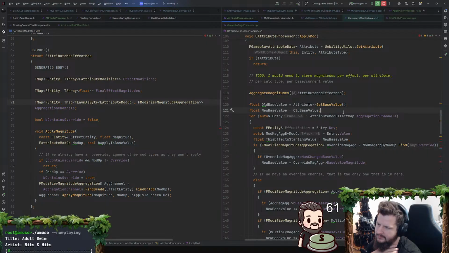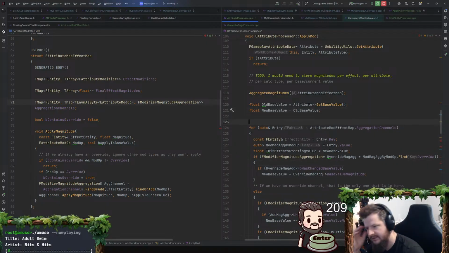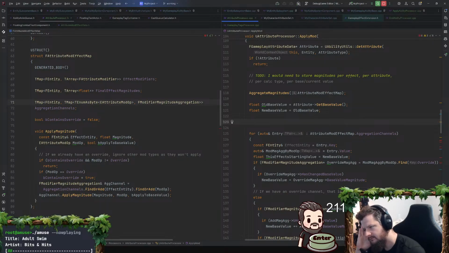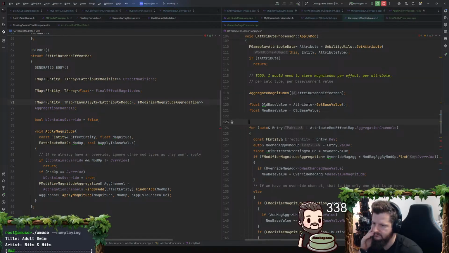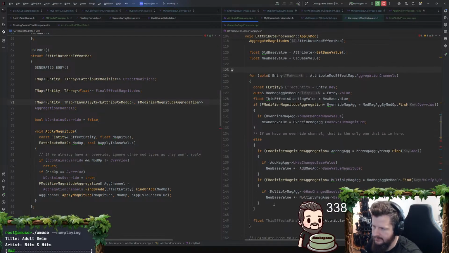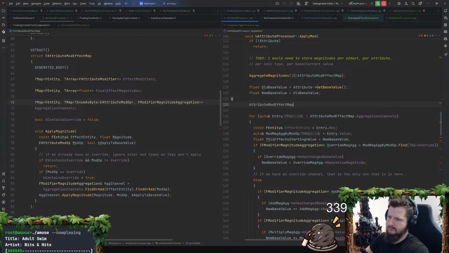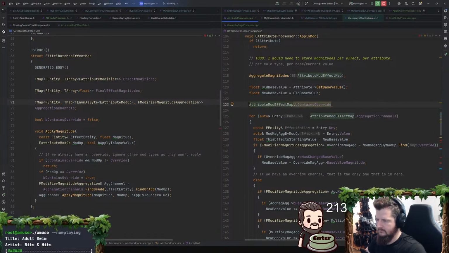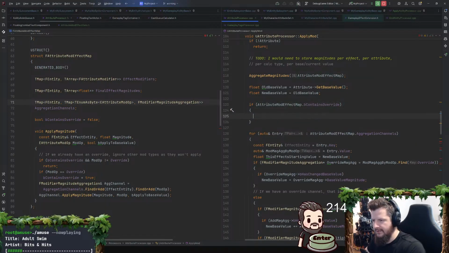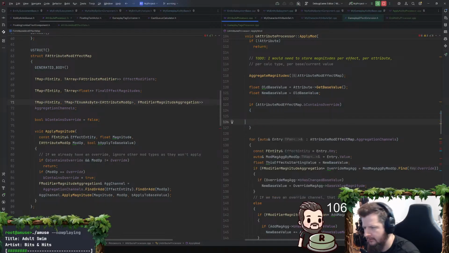Okay, so old base value. I think that still needs to be there. Then I think we only do, I guess, if it contains override. We can just get that out of the way and do that. Otherwise, we can just do the rest of them, and return here or something. I don't know what we do there.